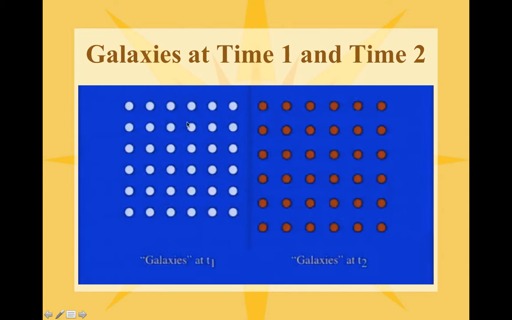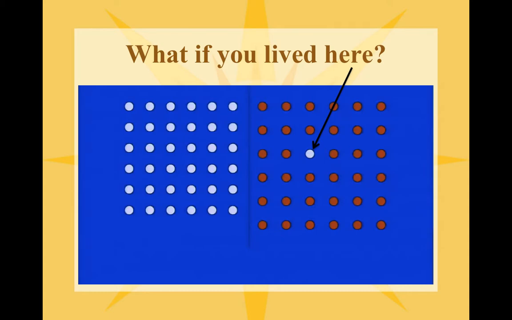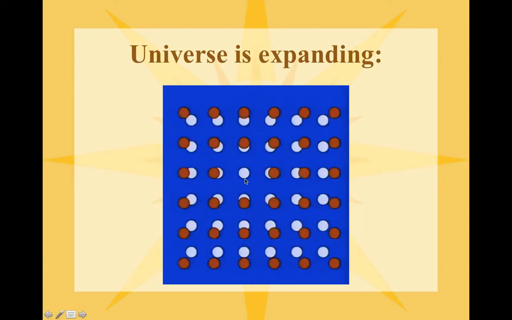Well, if we just did a simple matrix of dots and called these galaxies, and we said, okay, let's just take that image and drag the corner and make it bigger, right? Okay, so if we then say, which galaxy do we live in? Let's say we live here. Now we take that image and overlay it on the other one. We're not in the middle,